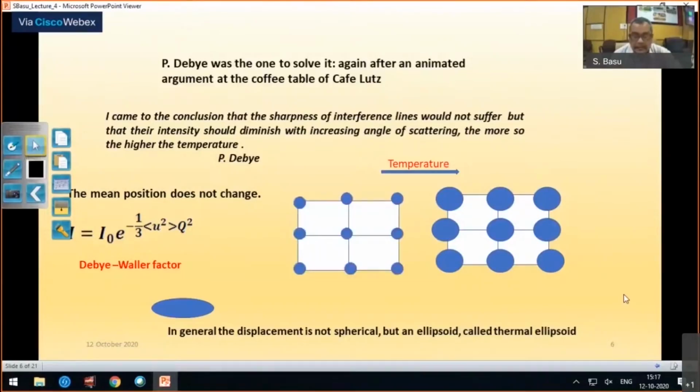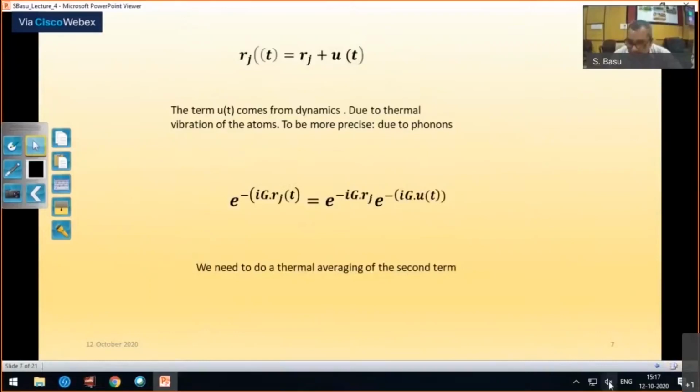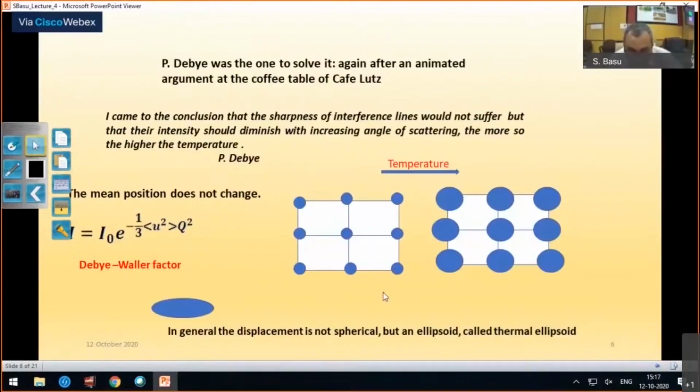I'll just, so it was here, lower temperature. This is what it was at lower temperature. As you go to higher temperature, the amplitude of oscillation has increased, and so has this U square. So